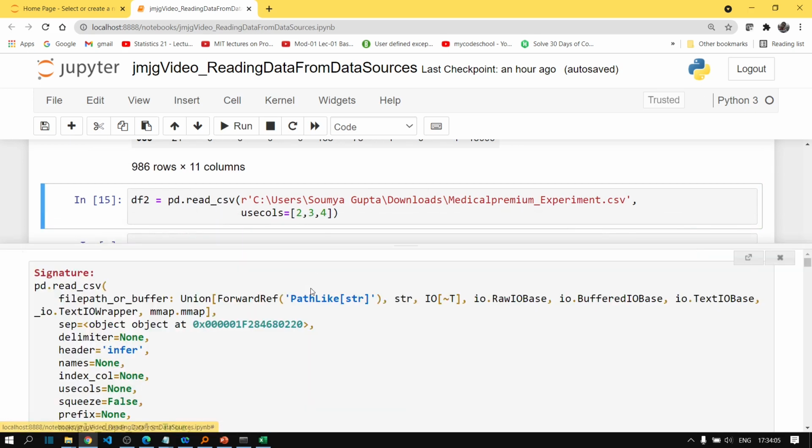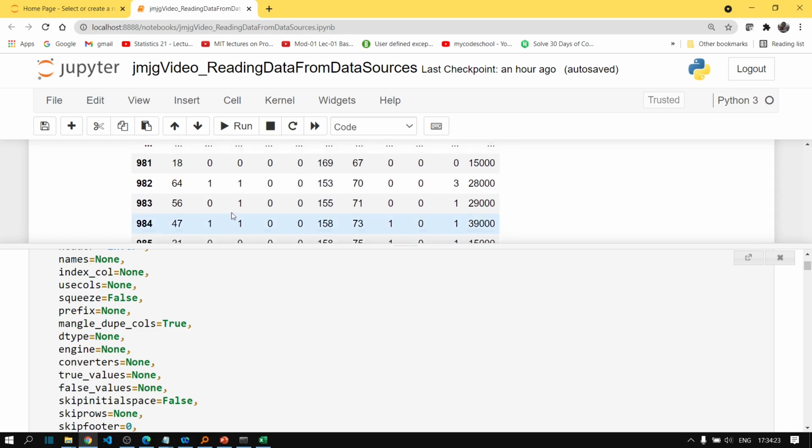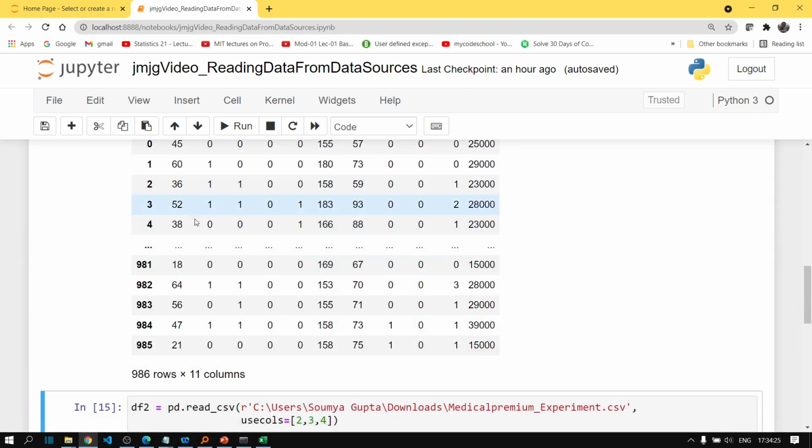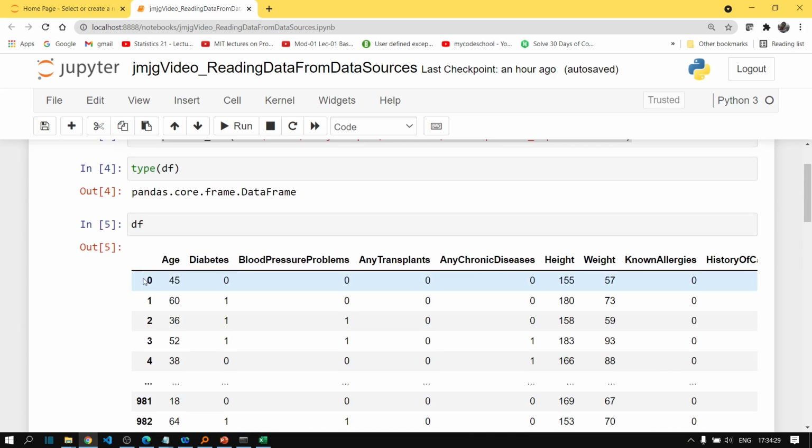So the next parameter that we are going to learn is index_col. Fine. So what this parameter actually does is that it specifies which column should be used as the index of the data frame. So what is index? If you look at this data frame, you can see that each row has a particular label.